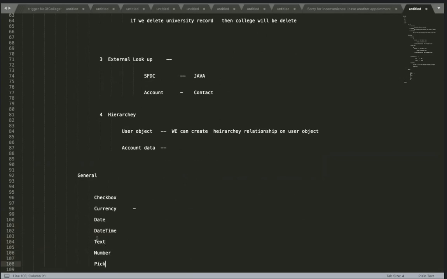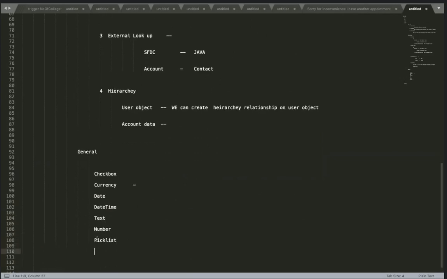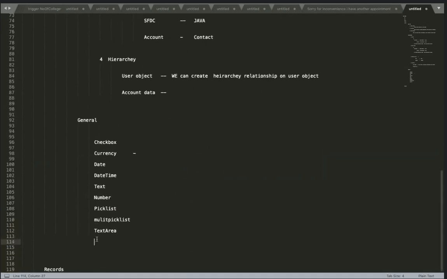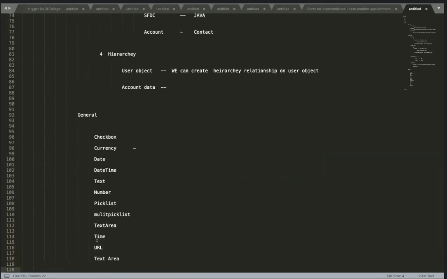You can see the pick list, multi-pick list, text area, time, URL. Text area has three types: text area, long text area, and rich text area. Those are all the things we have. There are multiple types.